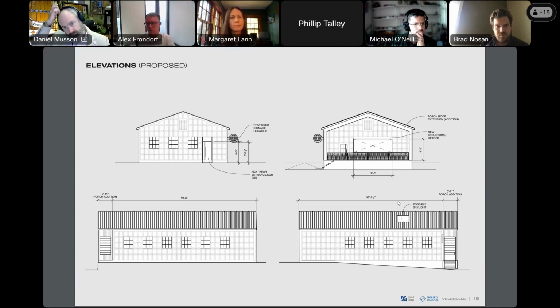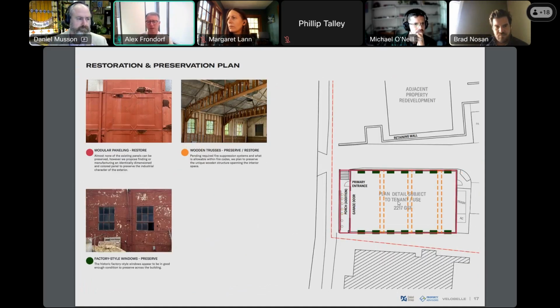Margaret, if you don't have anything else, I just have one more comment. On the windows, I hear you're trying to keep them. That's great. If you do replace them, would you mind sending to Dan just so we know that their buttons are external, that it's being replaced one for one, as similarly as possible? Sure, would you like that now, or once we get to the construction part? If you get to the construction and determine that they're not usable going forward, maybe send that to Dan if Dan's agreeable to that. And if not, and you're going to reuse them, then that's the most preferable option. Yeah, happy to.